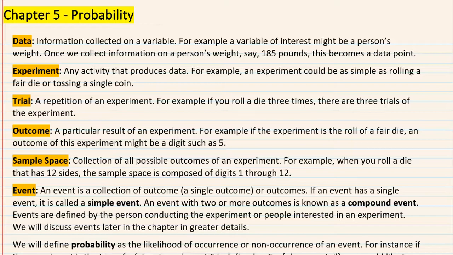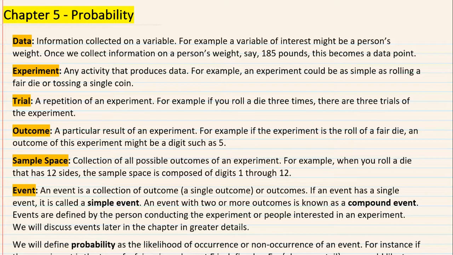Then we talk about a trial. A trial would be the repetition of an experiment. So for instance, each time that you ask questions on a survey from a different person, you are conducting a replication of that experiment, which we call the trial. So if you, for example, ask 20 people their opinion about something, then that's 20 replications or 20 trials of that experiment.